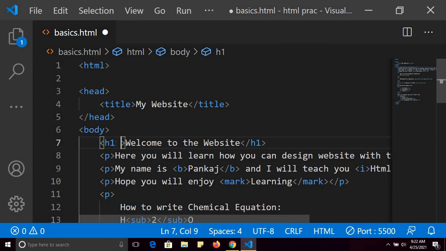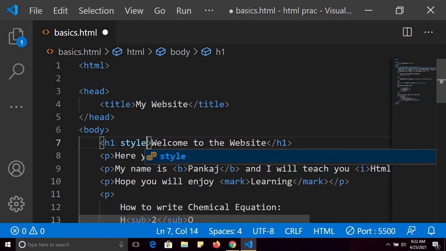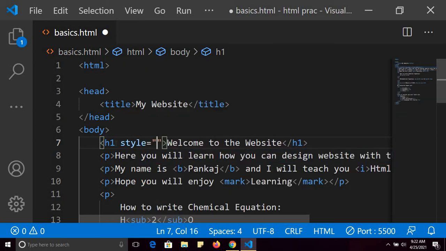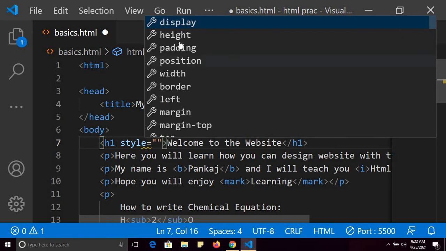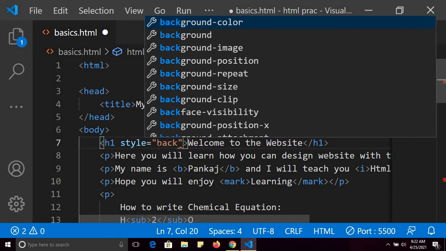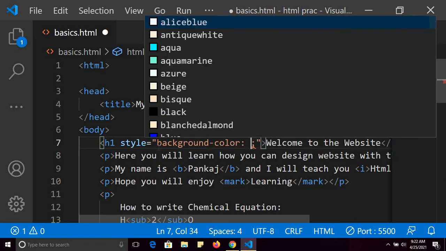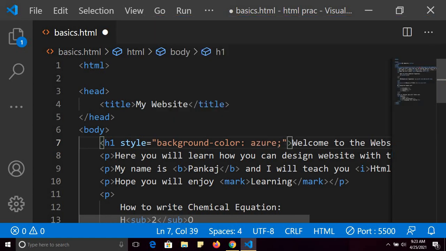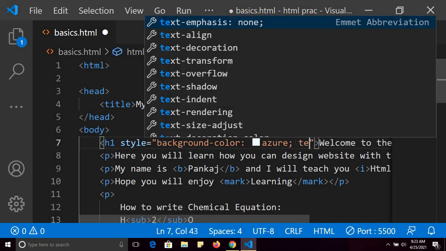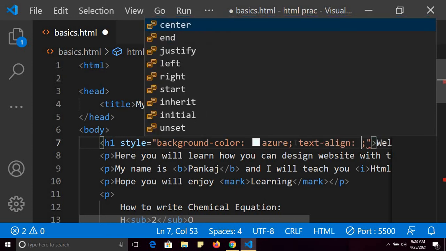For that I have to use style. And style equals to, see, there are so many options. For example, I want to change the color. I can use this background color, and I can use any color. For example, I want to use this color, and if I want to align it to the center, I have to use another property, that is text align.